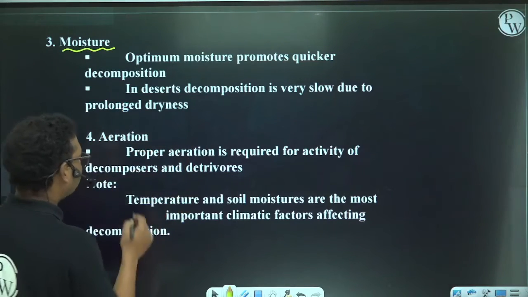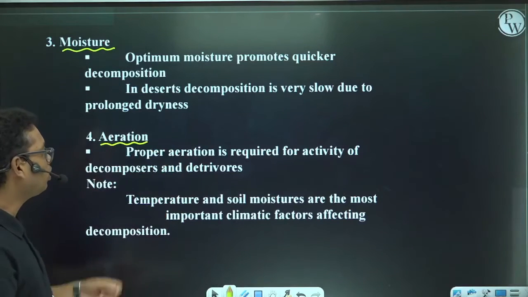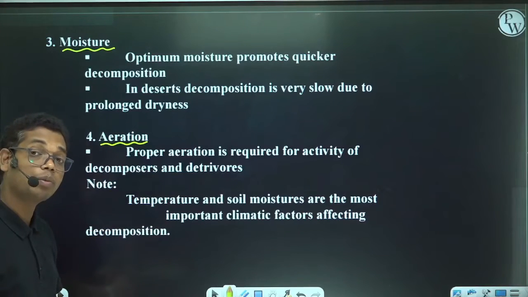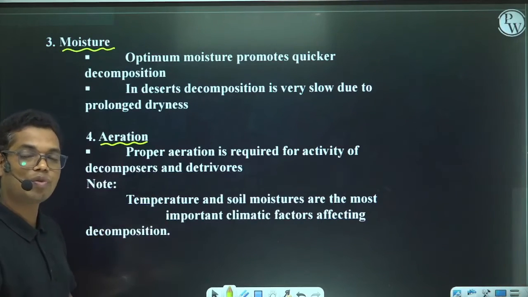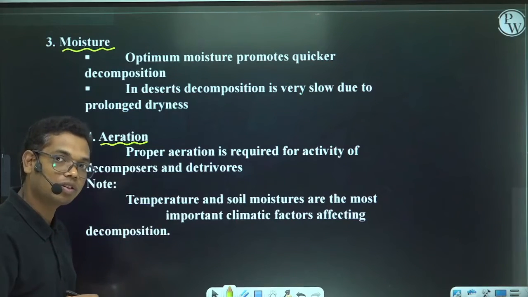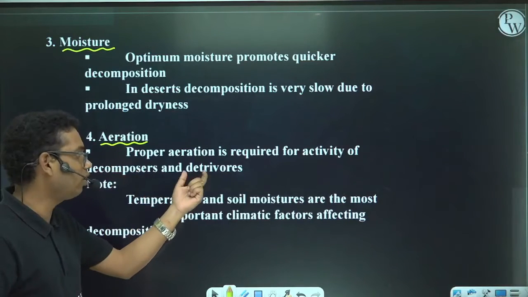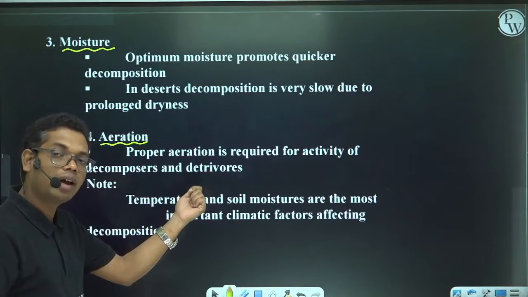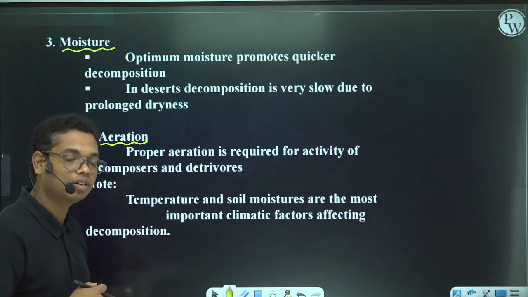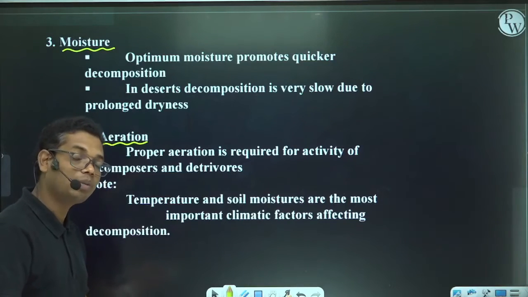The fourth factor is aeration. Aeration is required for the activity of decomposers and detritivores. Why? Because they have to produce energy in the form of ATP, and for that they have to respire, and for that they need oxygen. Decomposition is done by detritivores and decomposers, and to perform that they need energy. They need to survive, and for survival they need ATP, and for ATP they need oxygen